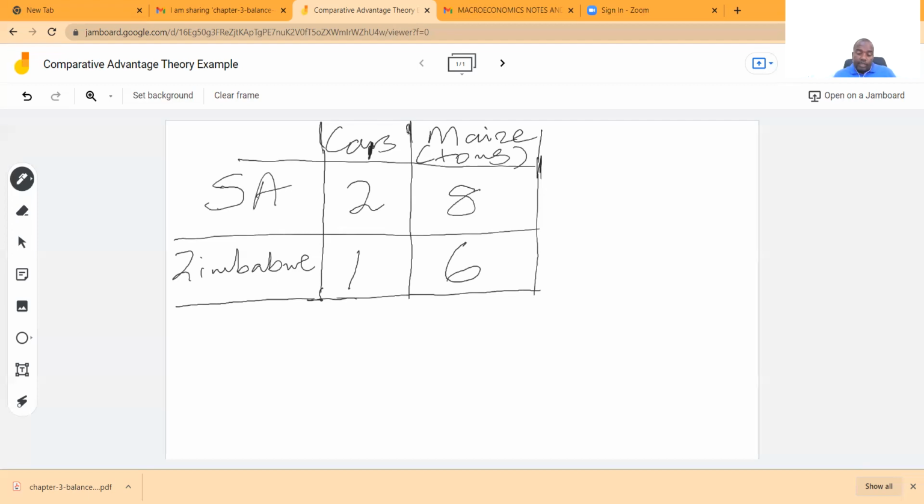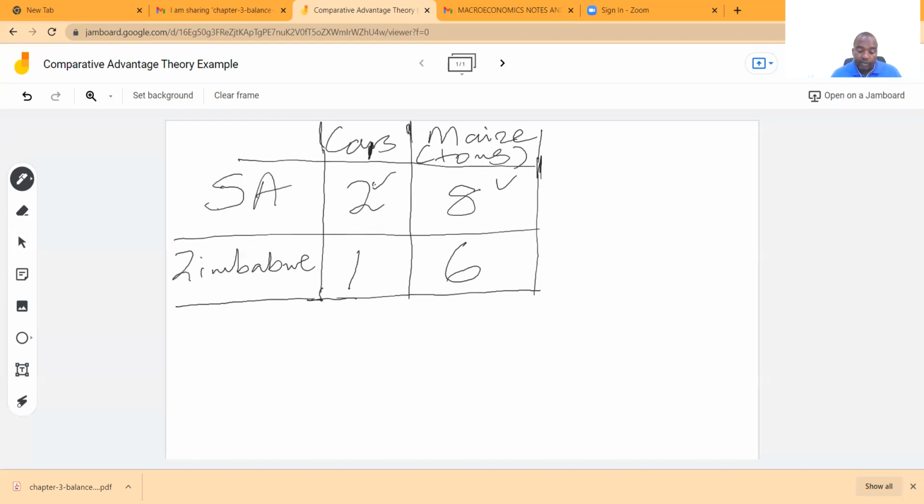Once more, South Africa produces 2 cars and 8 tons of maize, whilst Zimbabwe produces 1 car and 6 tons of maize. When you are looking at these figures, it is very clear that South Africa produces more than Zimbabwe in terms of both commodities, cars and maize. If you compare 2 cars to 1 car, clearly South Africa looks better than Zimbabwe. 8 tons to 6 tons of maize for Zimbabwe. South Africa is faring better than